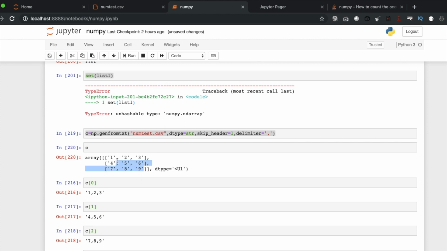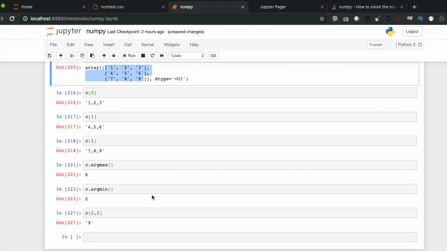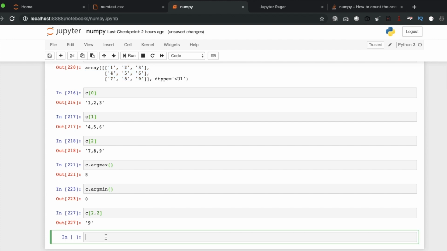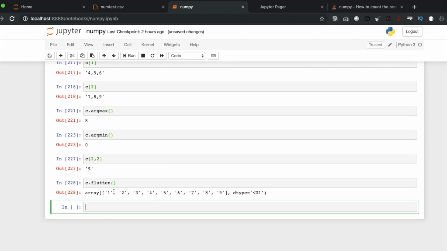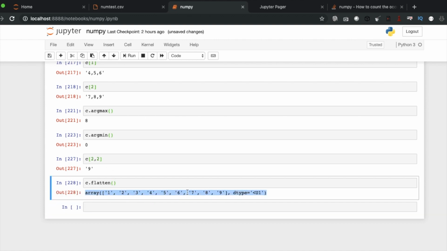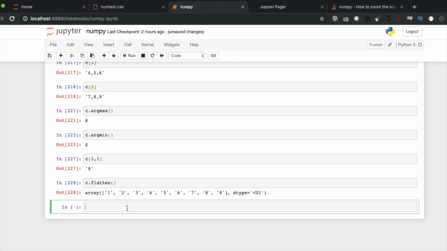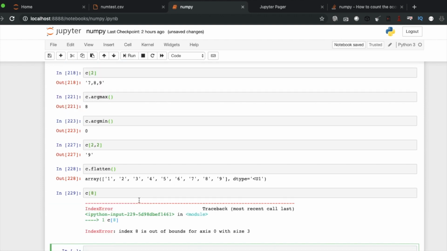Probably c dot flatten gives 0 1 2 3 4 5 6 7 8. So okay, it means this is flattening the thing, and after that it is returning the index.